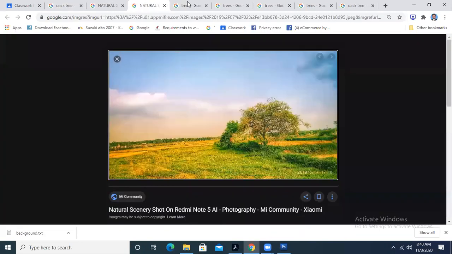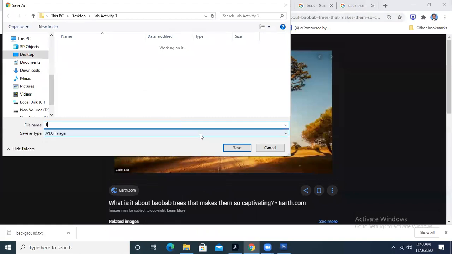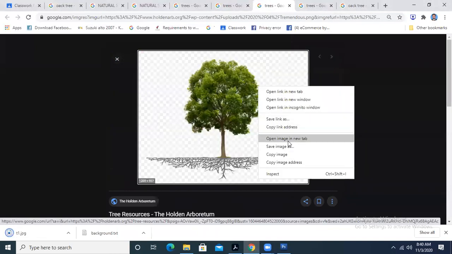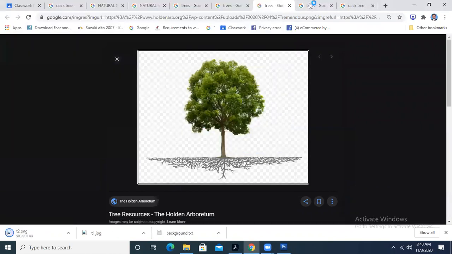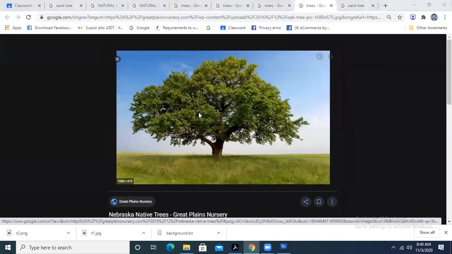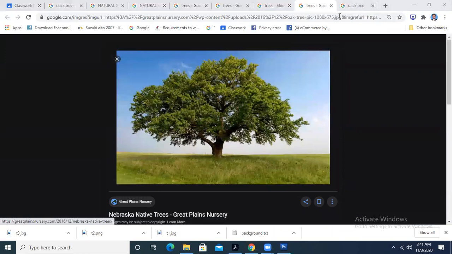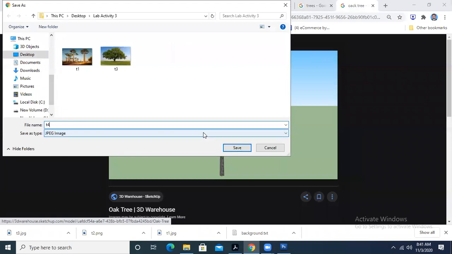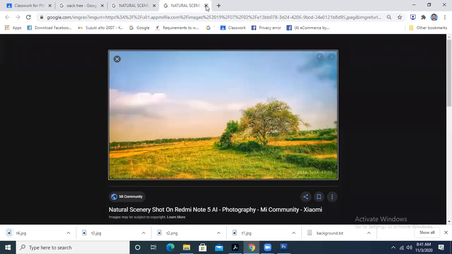So these are the different images of the trees. Let's suppose I will take the tree from this image. I am saving it with the name of T1. Okay, I will also take this image, T2 and T3. These are, I think, enough. So these are the images of the trees that I'm going to insert in my scenery, in my background.